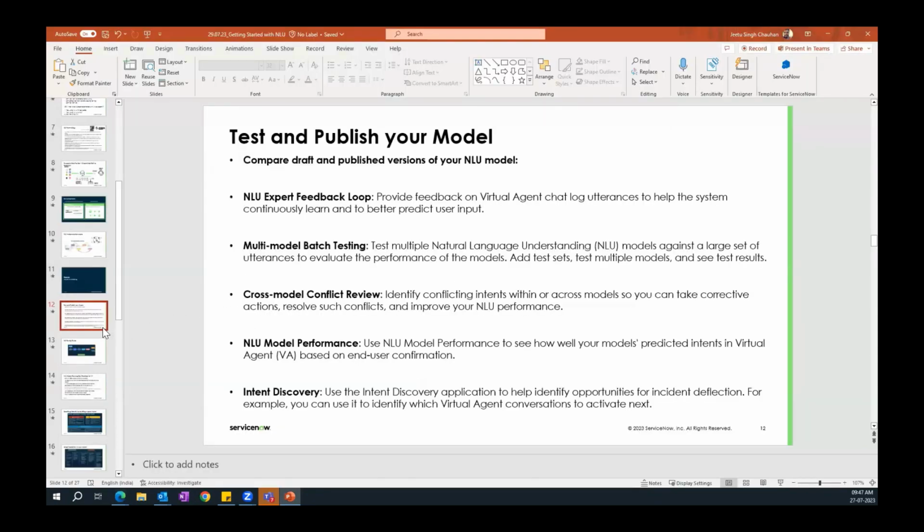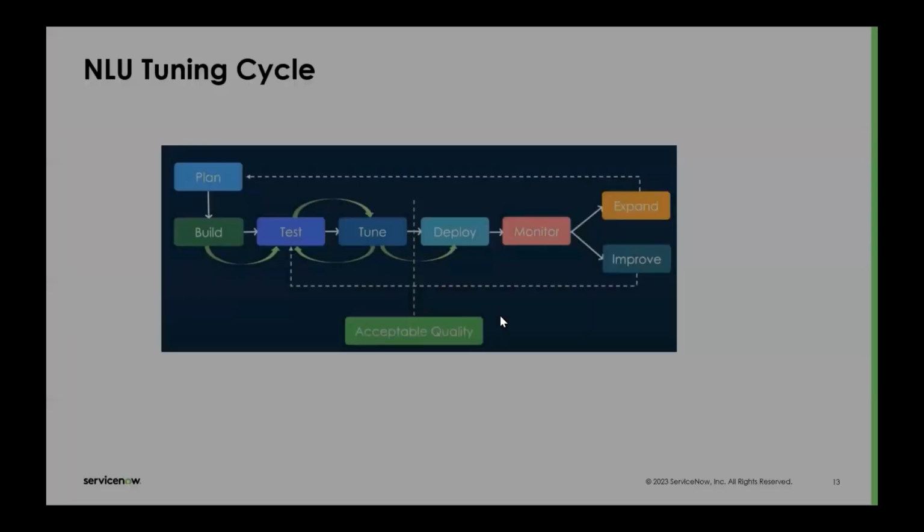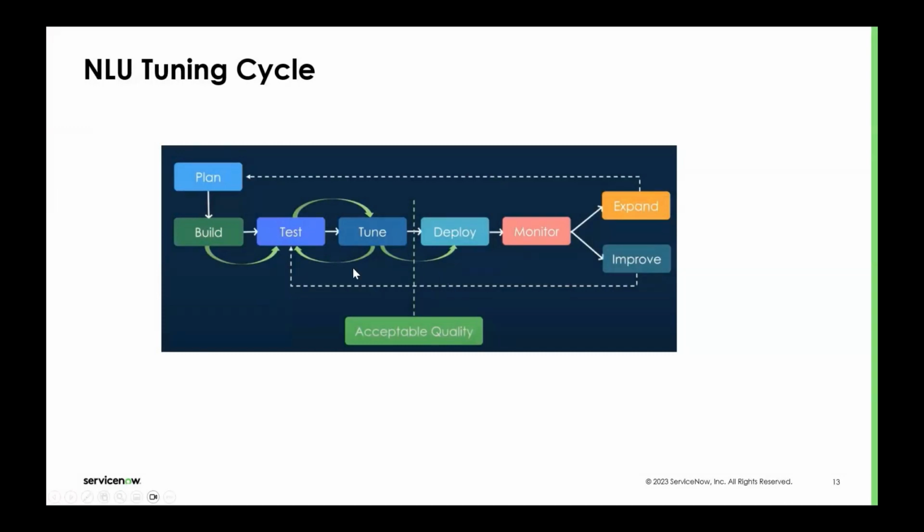I want to cover a few additional things. I want to cover the best practices, since someone asked a question about best practices. So let me go back. We discussed the life cycle of the implementation, right? This is the life cycle of tuning your model. You can plan the tuning work, you can build your model, and test the model here. And then if you see any performance degradation, or if you have new utterances to increase the model prediction, then you can go to the tuning cycle. How can you tune your model?